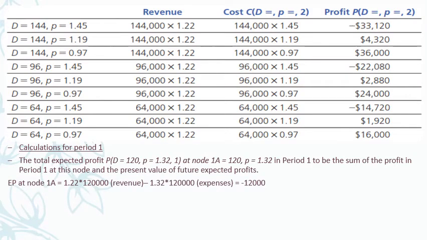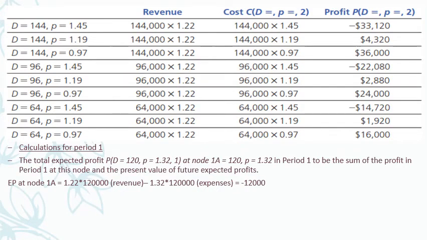Okay, how to calculate? Let us see that. Again, the procedure remains the same. How do we get the profit? Profit is nothing but revenue minus cost, or revenue minus expenses. What is the revenue? It has been very clearly told that for every period the revenue, cost, everything will remain as it is. There won't be any change. And that's why it is 1.22 into 1,20,000. That is the revenue, and